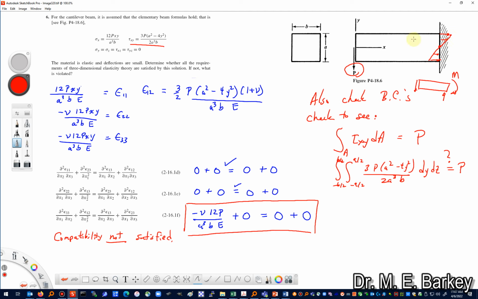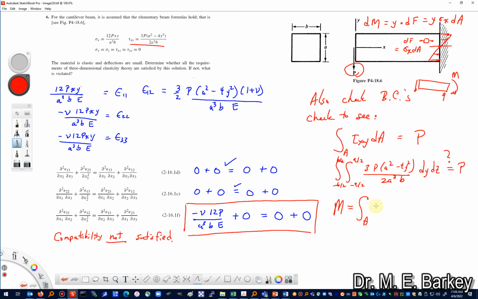There would be a little bit of force acting on an element, and that little bit of force would be equal to sigma x dA, and the little bit of moment about this line would be equal to the y distance times the dF, which would be equal to y sigma x dA. So the moment should be equal to, put then a plus or a minus on this, an area integral